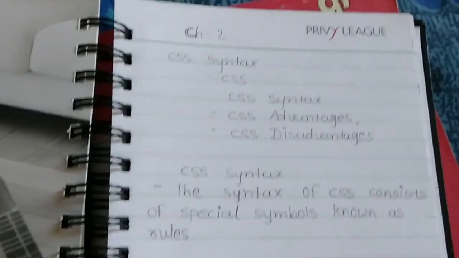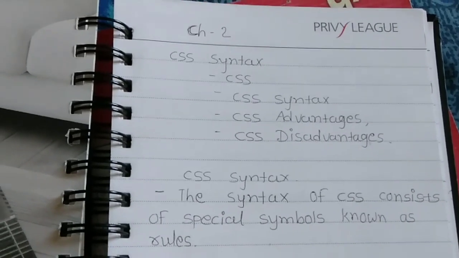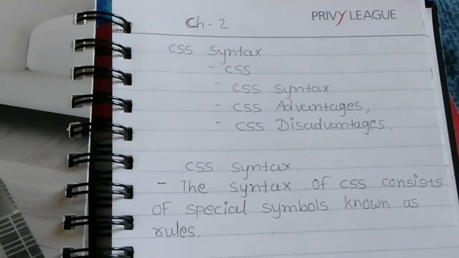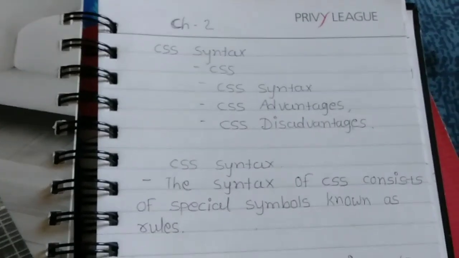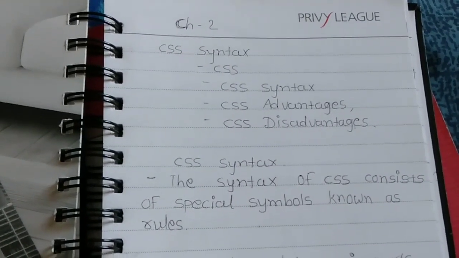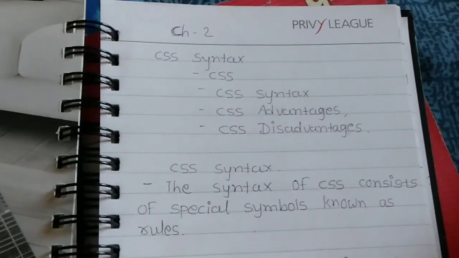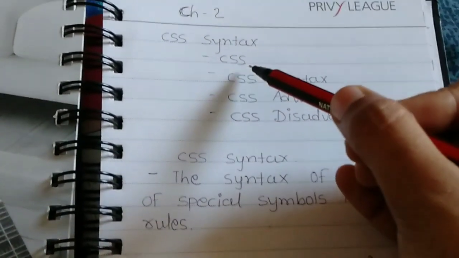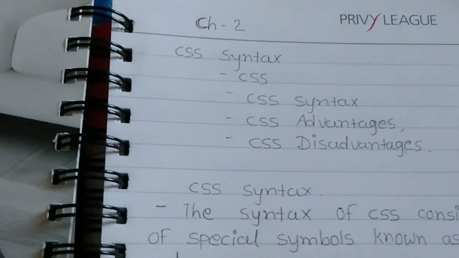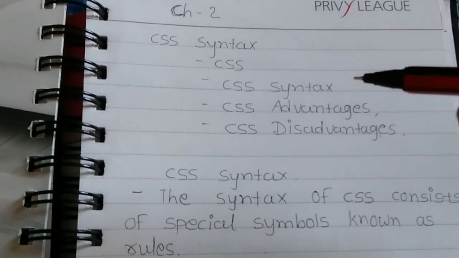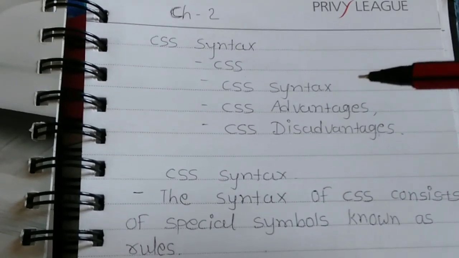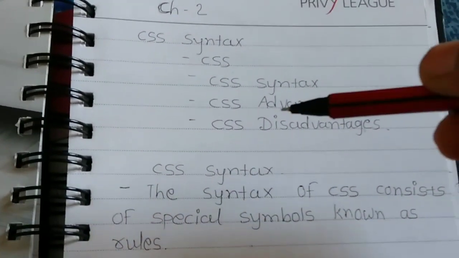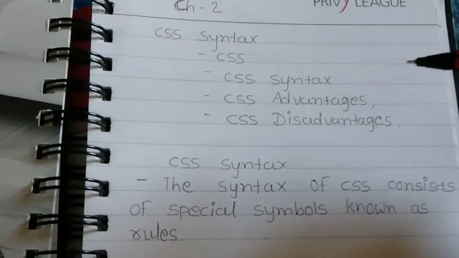As I told you, our first chapter is over, and our second chapter is CSS and JavaScript. CSS and JavaScript are different topics. CSS means style. If you want to apply style, then you have to use CSS, and JavaScript means validation. In CSS we have to learn four topics. First of all, CSS: why we are using CSS and how can I write it. Second is CSS syntax. If you want to apply CSS in your registration form, then how can you apply it by using CSS syntax. And then CSS advantages and disadvantages.